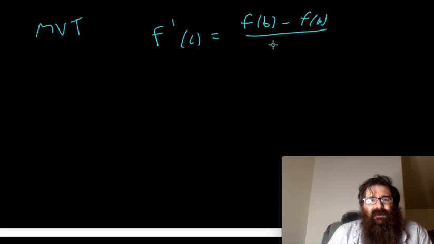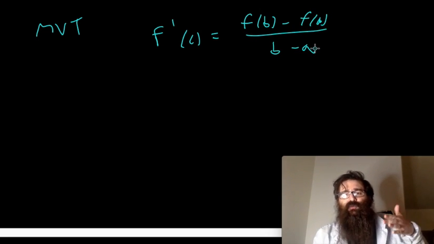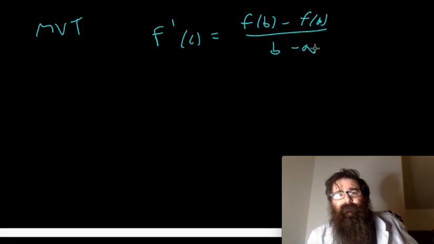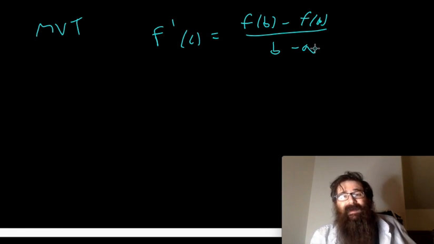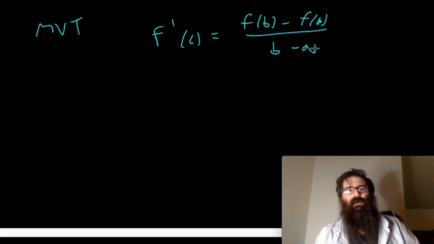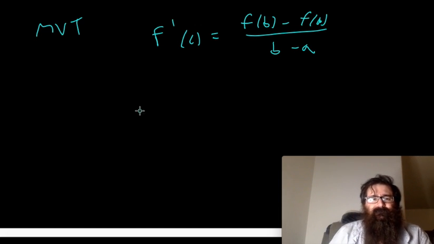at a over b minus a, which is saying that if I have some average rate of change on an interval from a to b, then at some point in the interior of that interval between a and b, my instantaneous rate of change had to have been equal to my average rate of change. And that would be for a continuous function. If I make a replacement on this, let's say